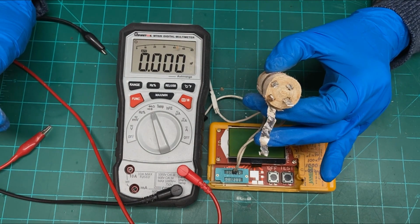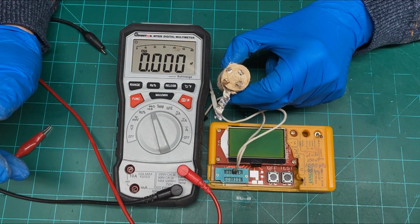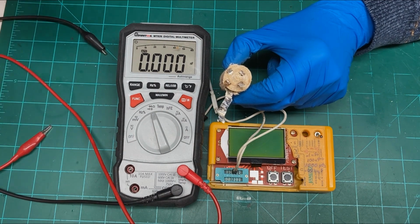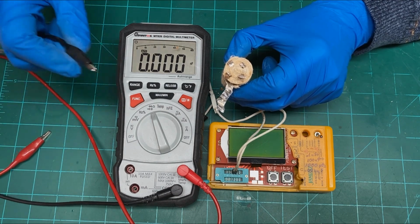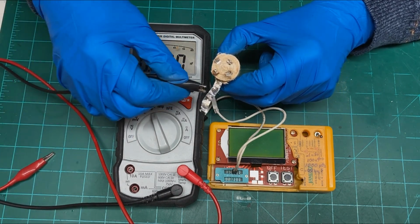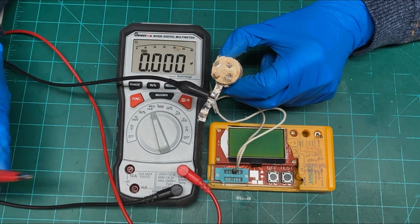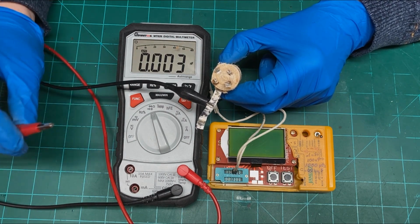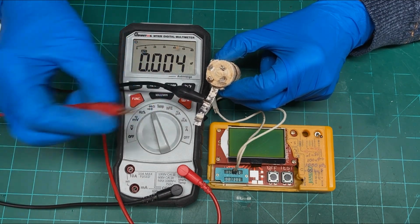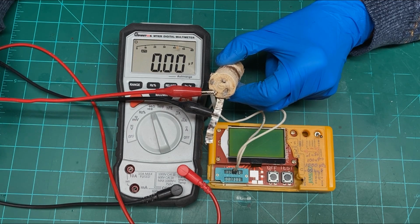I pulled it out of the radio that I'm restoring right now, and it does work, the radio, and it has just a very slight hum, but for the most part there's no problem with it. So I wanted to hook up a capacitor tester and show you a few basic tests that we can do to determine the strength and value of this capacitor. So let's just start out with this leg right here and see what it reads. And okay, that one reads